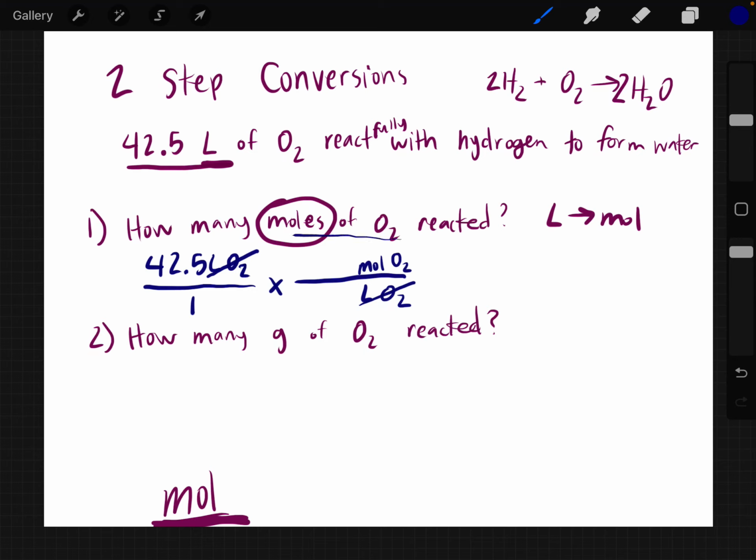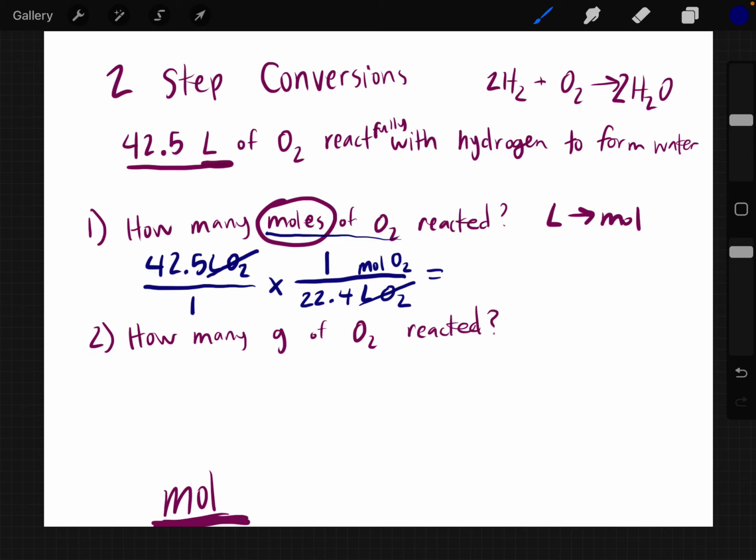And so I'm left with moles of O2, which is exactly what my question asked for. Now I just need to figure out what numbers go with liters and moles. So I should know from my notes that for gas, 1 mole of a gas at standard temperature and pressure will equal the volume of 22.4 liters. You just need to memorize that or be able to look at your formula sheet to know that